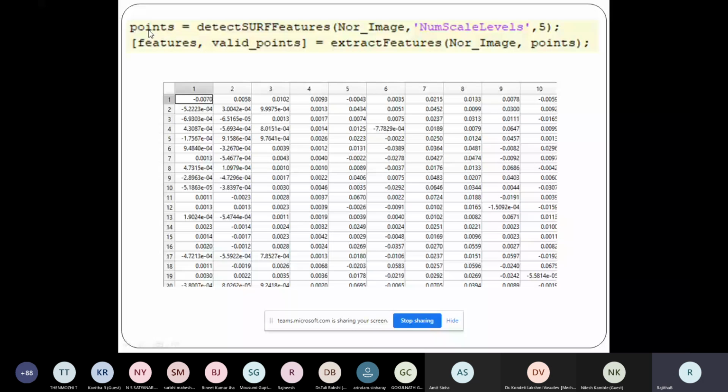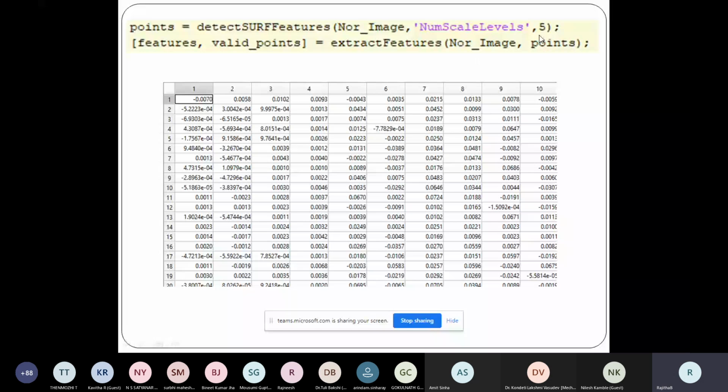Now on each and every point, I'll get 128 features. That can be extracted through the extract features method on this image at these points. Let's say I have taken the top 100 points. For those 100 points, I need to extract features.